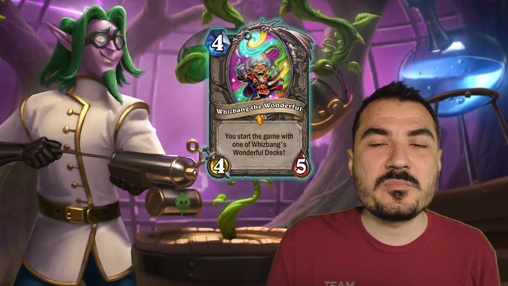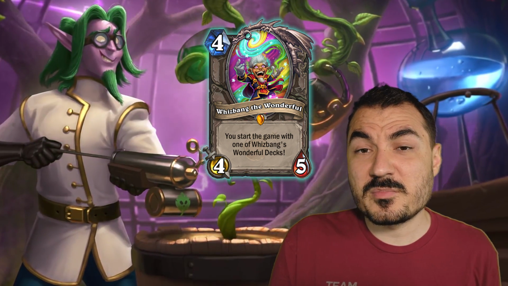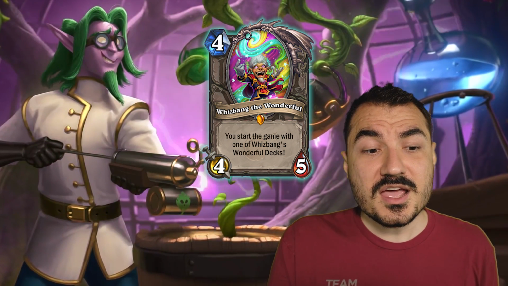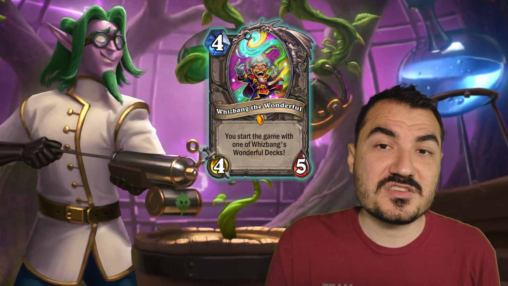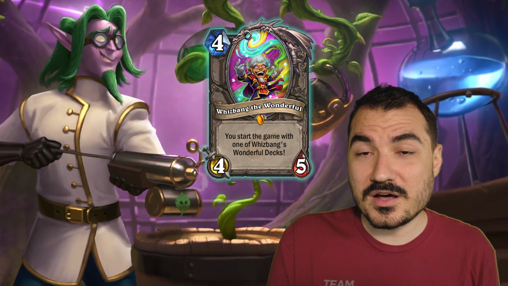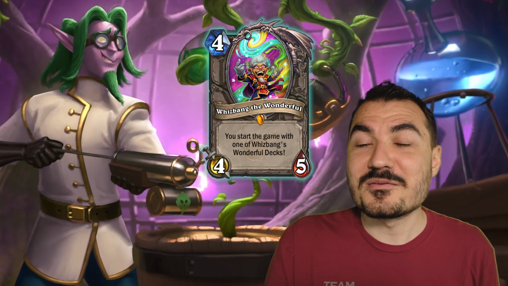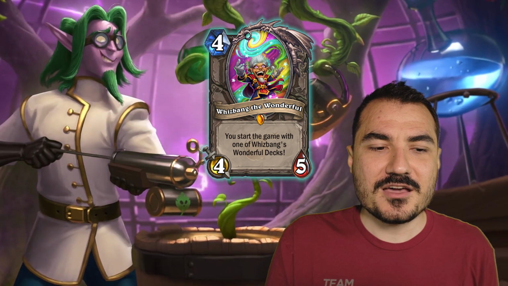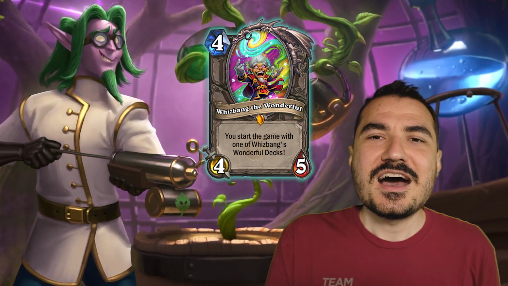But maybe you try Whizbang this expansion, maybe you like it, but you don't like it enough to spend a bunch of money. Maybe there's no deck you really want to play, but maybe next expansion comes around and you still have Whizbang, and you play a Whizbang deck and you get to see the 18 deck recipes that Blizzard has made for that expansion, and perhaps you find a deck or two you really want to play, and maybe you can invest in some packs, get the deck that you've liked playing, and continue playing that way. I feel like Whizbang is the card for enthusiast Hearthstone players who play a bit casually from time to time,